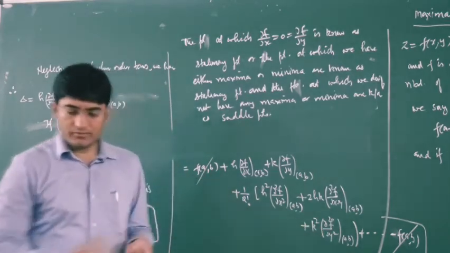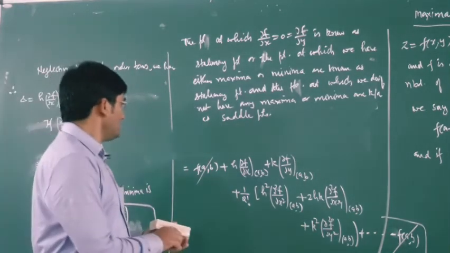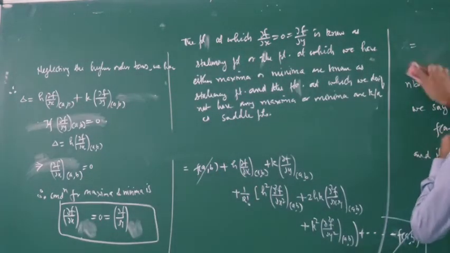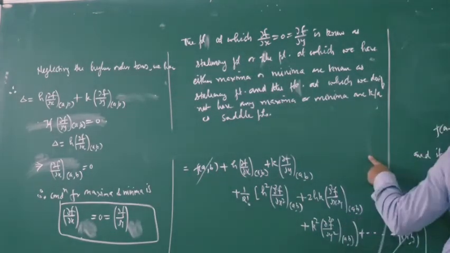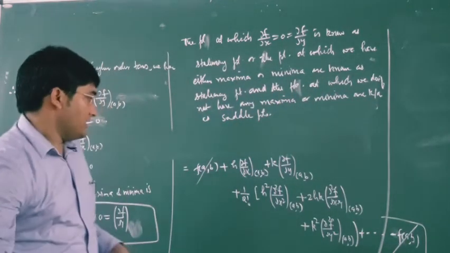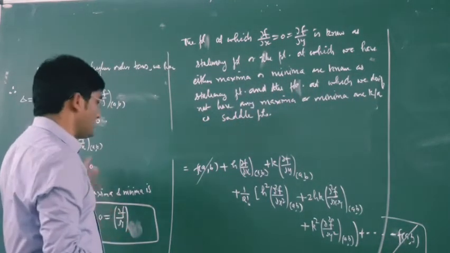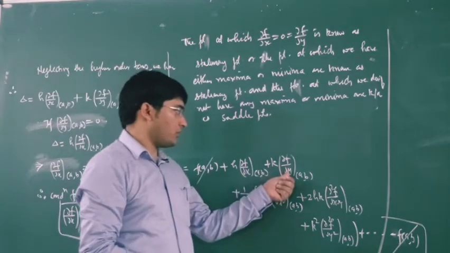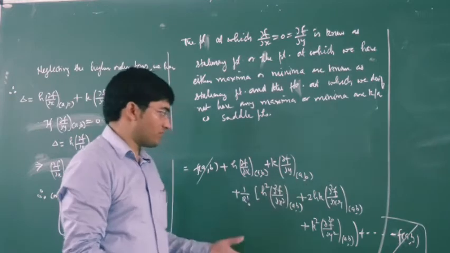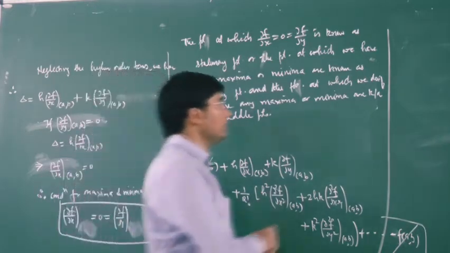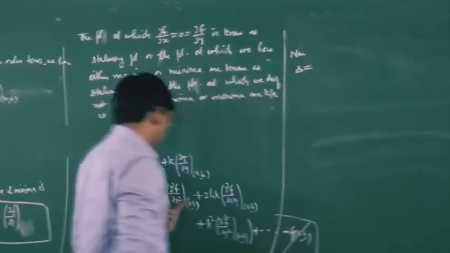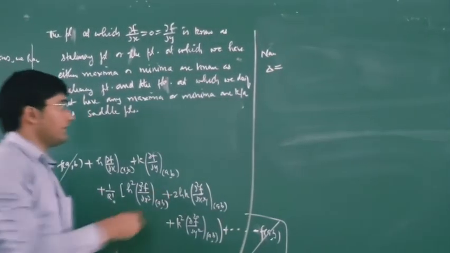As del f upon del x and del f upon del y are 0, and these are the necessary conditions for maxima and minima, our delta is equal to this quadratic term, and it is equal to 1